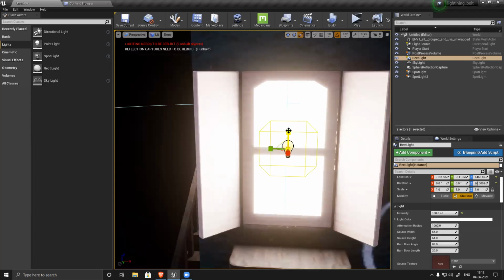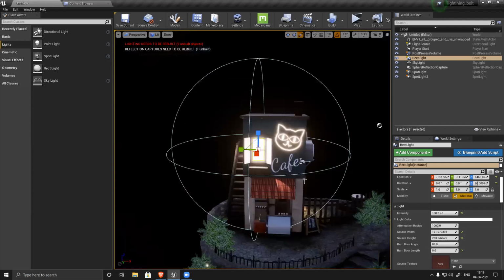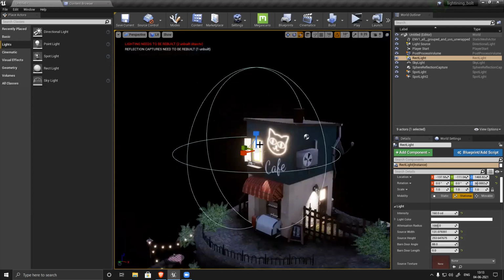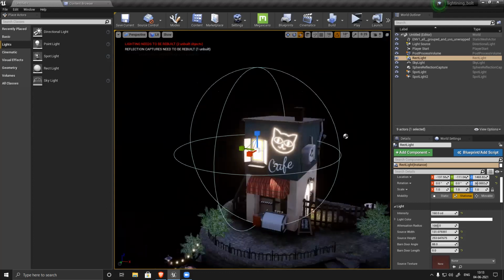If you want to scale, it won't work like this. You have to scale it like this here. Scale it and fit it properly. This is not required, so I can remove it and make it 0. So it becomes a rectangular light. You can see it's casting shadow and highlight and everything here.